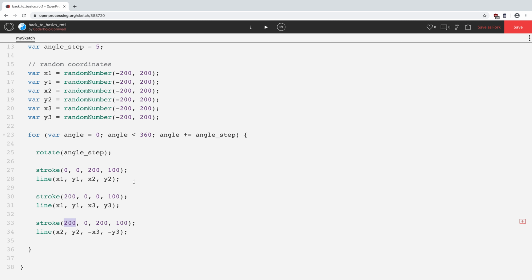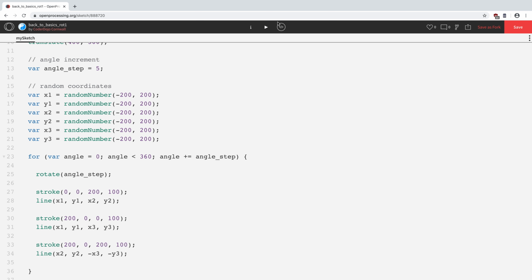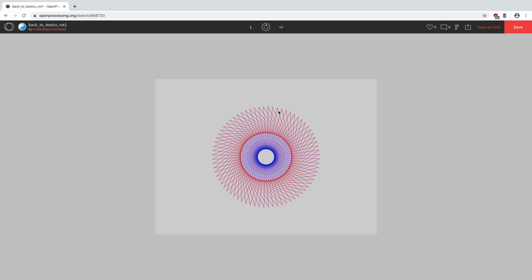So we'll keep that there, and we'll stop there for this video, because we just wanted to illustrate this idea of using very simple shapes combined with the idea of rotating the canvas underneath us to create a repetitive pattern, and where the overlapping creates interesting